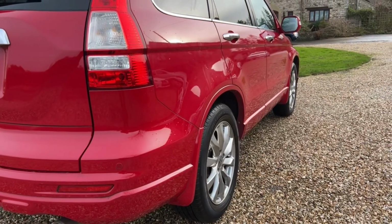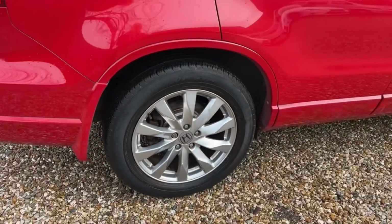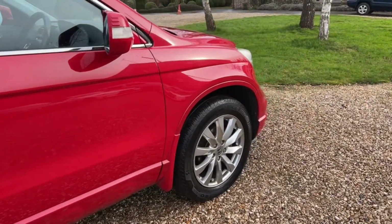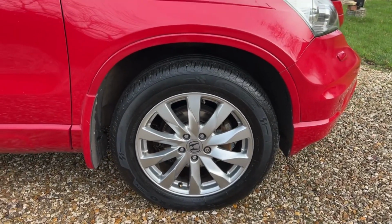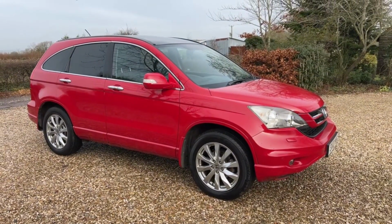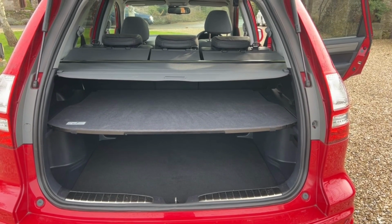Offside, again, lovely and smooth in the panels. Side rear alloy, again, very, very good indeed. Panel work, it's absolutely lovely. Alloy, really, really nice. So externally, bar the odd minor age-related mark, you're talking about one of the very nicest you're going to see. Coming to the back of the car, absolutely cavernous boots,